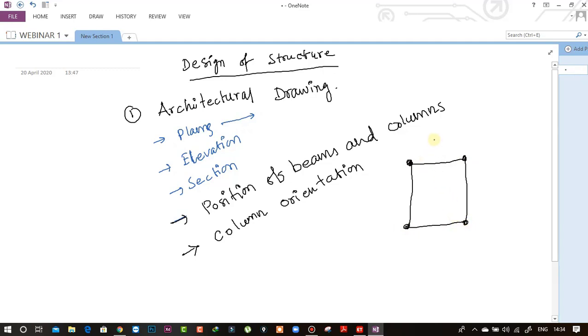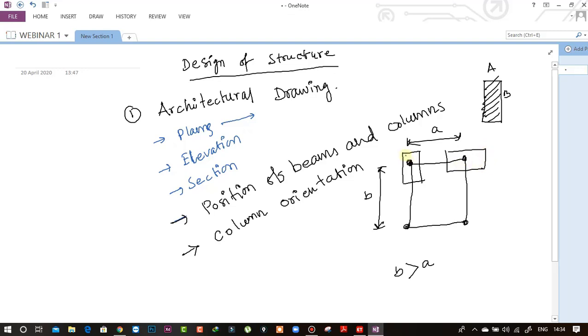Maybe this length is A and this length is B, and consider B is greater than A. We have a rectangular column like that, with sides A and B. Now, how should the column be placed, like this or like that? We need to understand how the column orientation should be, and it may depend on